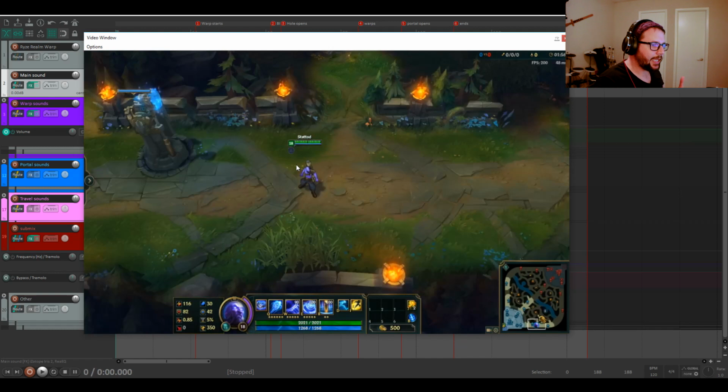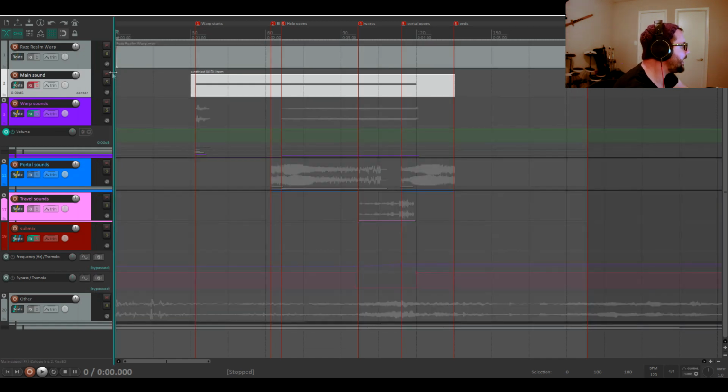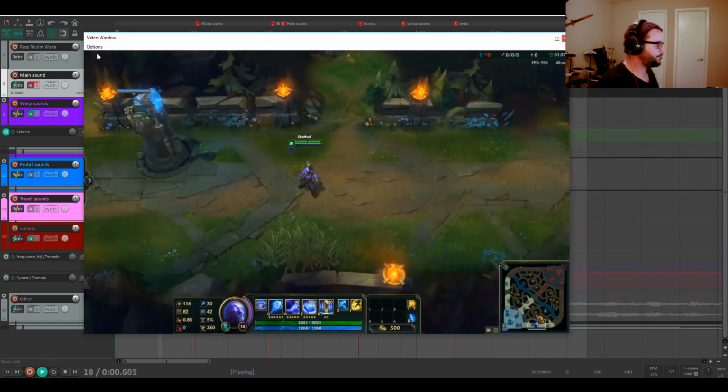So I tried using that as a foundation, and I was going for something that felt, like I said, a bit more ethereal. And I shared it with Ryan and others, and the feedback that I got back was it feels too slow. And it made sense because this is League of Legends. It's a MOBA game, and it's extremely fast-paced. It's high intensity from the moment the match starts all the way to the end of the match. And when I started to think about it like that, I started to realize this sound needs to be quick. It needs to feel frenetic. It needs to feel like everything is happening right now. So I migrated away from that idea, and this is what I came up with.